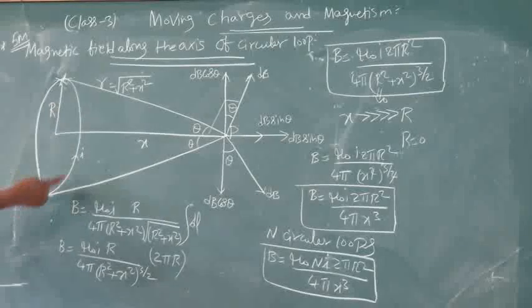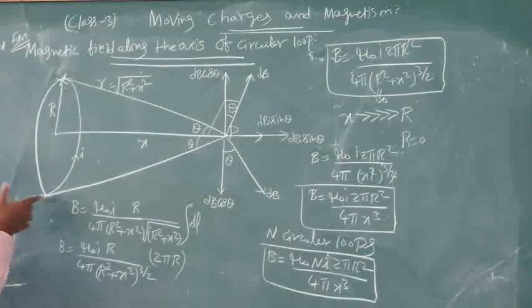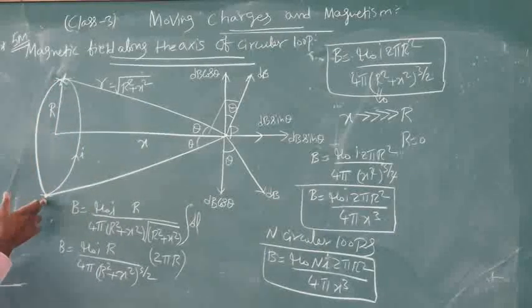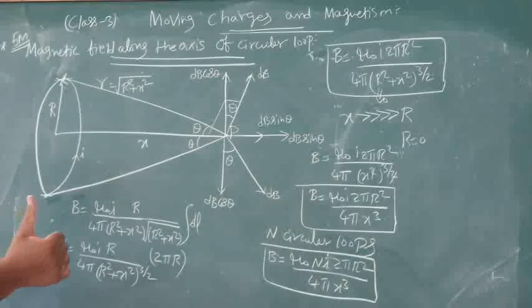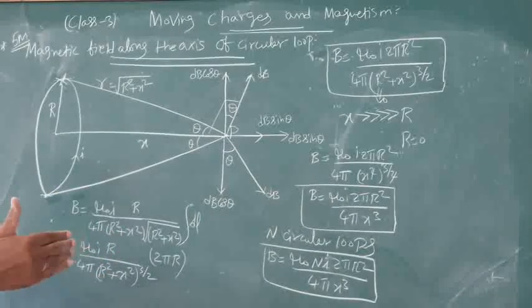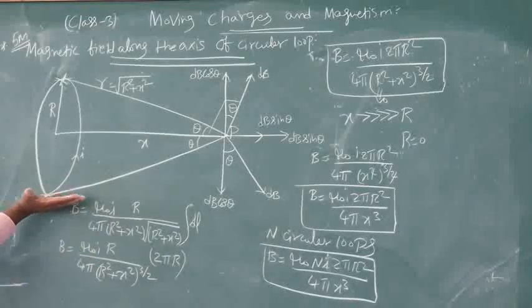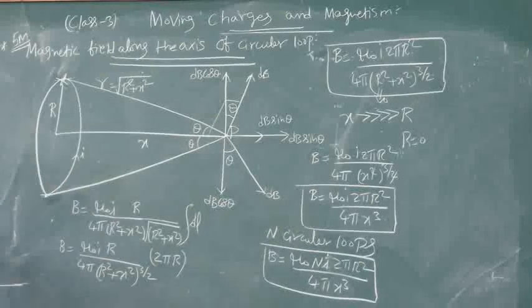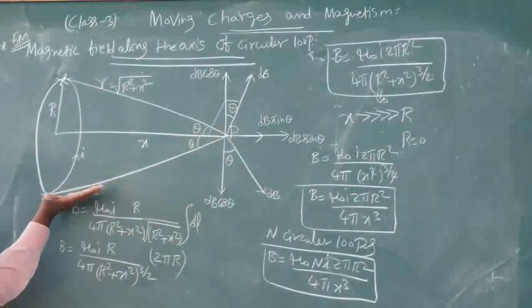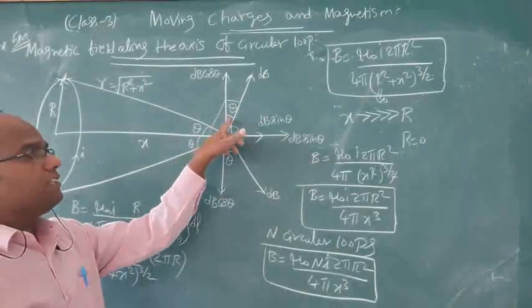This is a circular loop. Okay. This is the radius r. The current is moving from outside to inside. So when it is coming from outside, first it is entering, so this is a dot and this is a cross. Here, according to the right hand thumb rule, the thumb and fingers are always perpendicular to each other. So this is the current like this, fingers like this, and here it is bending like this. This is nothing but theta.